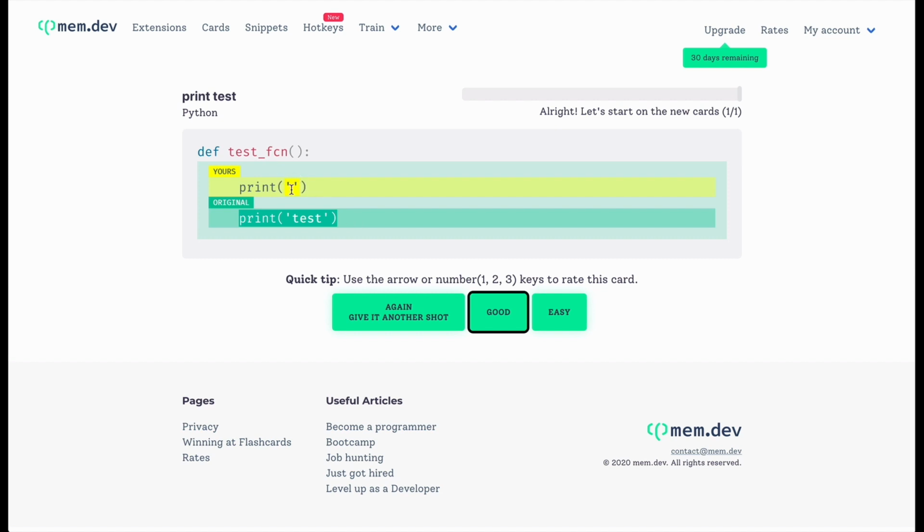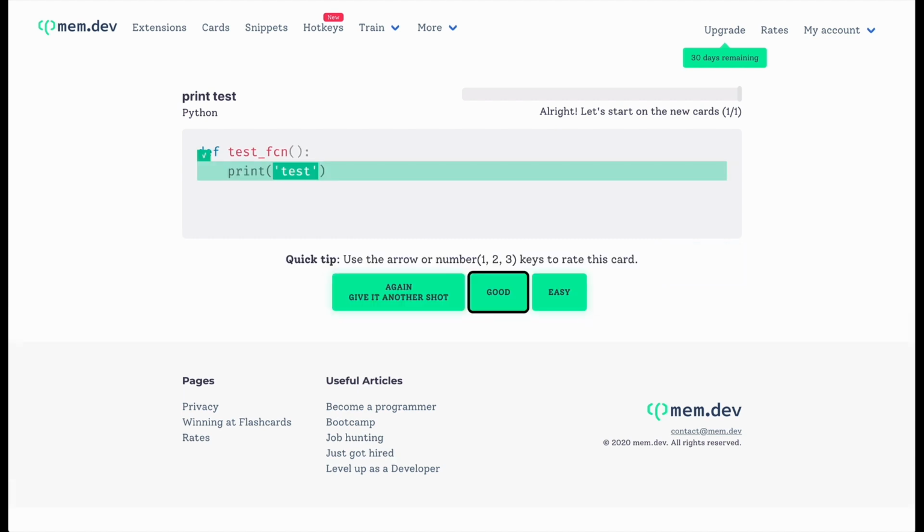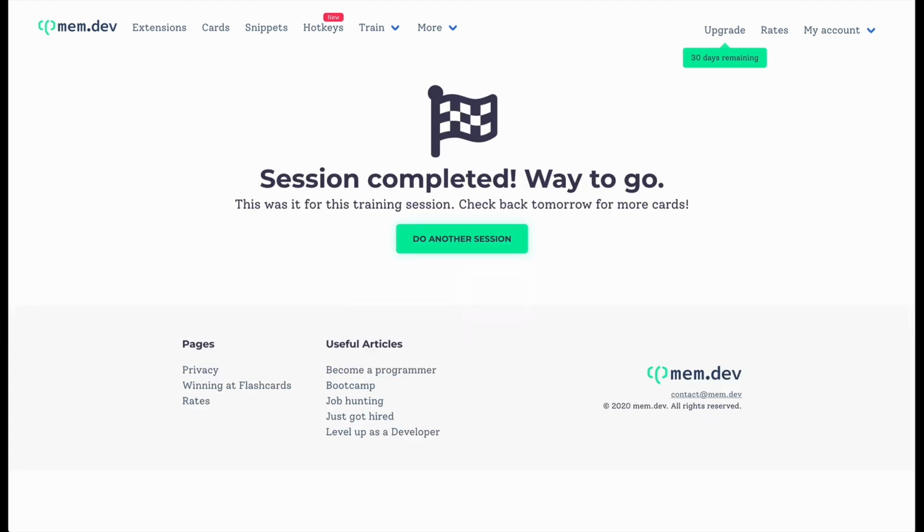And maybe I just made a typo, but I really know the correct answer. So in that case, I could select easy. If I didn't know it, I could give it another go and now try to get the correct answer. Hit submit. There are a lot of hotkeys that I can use to speed up studying through these decks. Like it says, use the arrow or number keys 1, 2, 3 to rate this card. So you can see I can use the arrow keys to arrow over and select something. And now the session is complete. I can study again, but I only have one card, so it's just going to show me the same thing